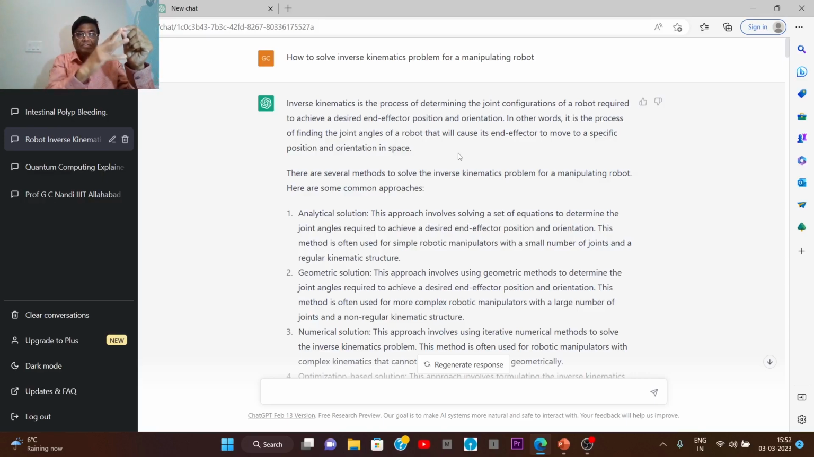So the solution is not very trivial, and we need to do some kind of optimization also. All feasible solutions the mathematical model will give you. So I am trying to ask